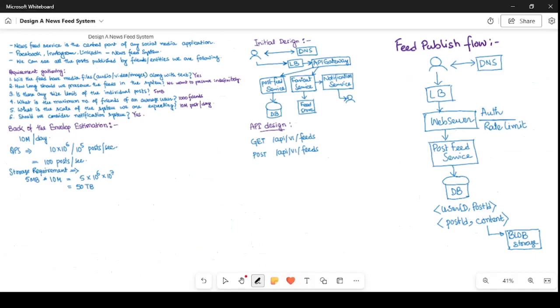Our fan out service also needs this information, user ID and post ID. Why? Because our fan out service will publish the same post to all of its friends' feeds.